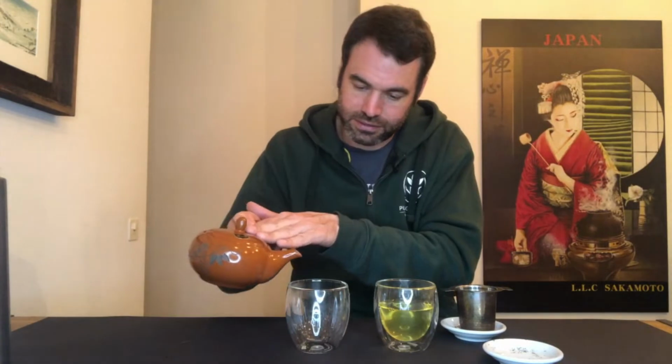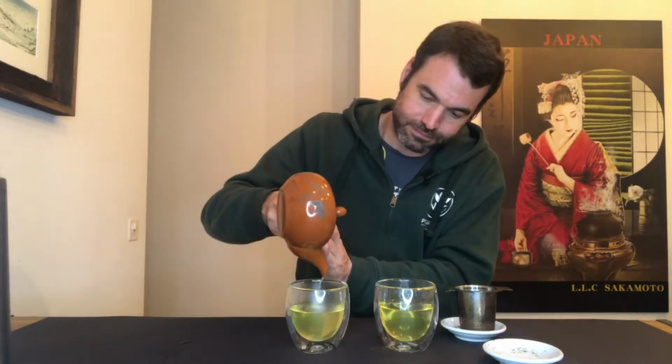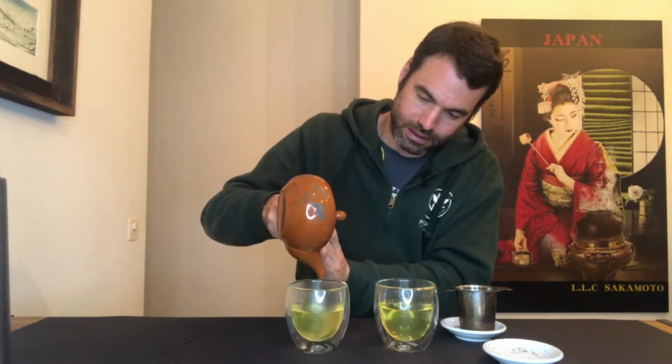Not shake too much. Good. Just try to get the water out, and then the 20 seconds are already over for the Kyushu. Here already the brewing is a little bit easier. Good, so now we have a nice comparison between these two, and already now in the water color, or maybe